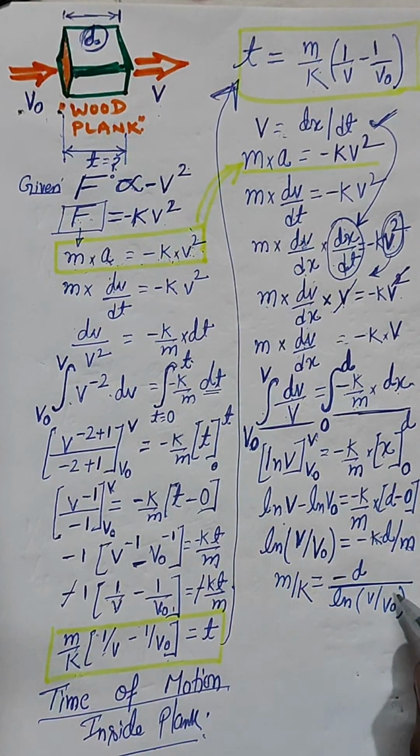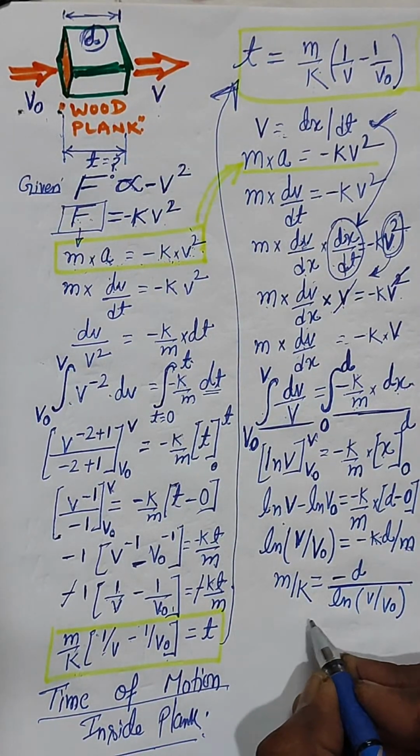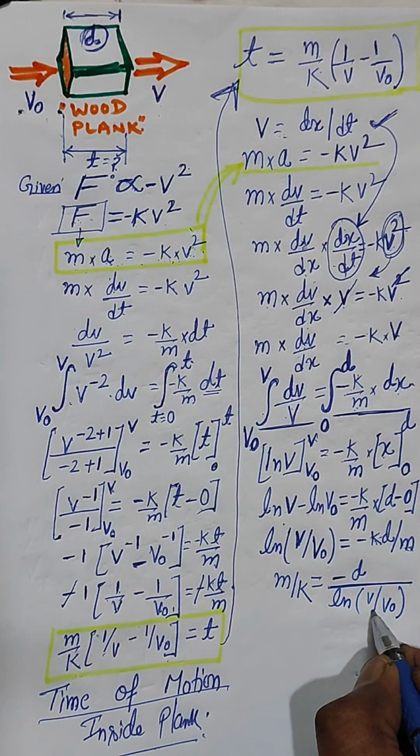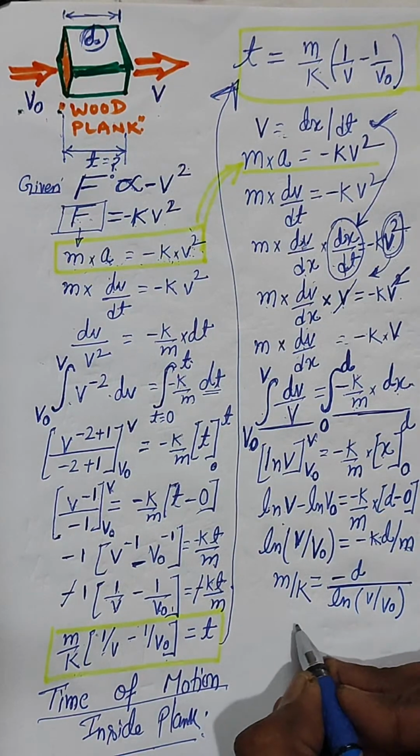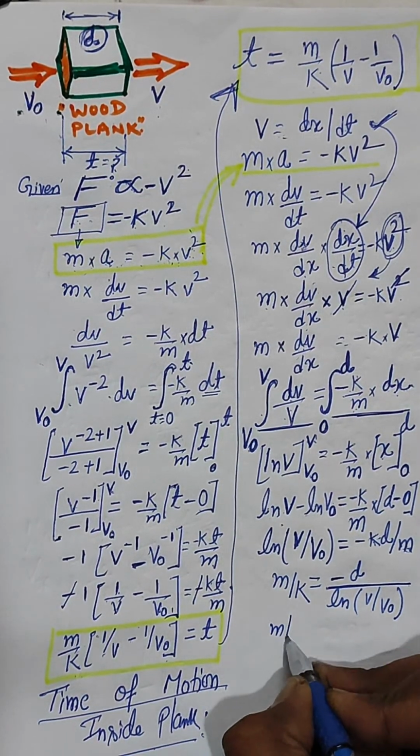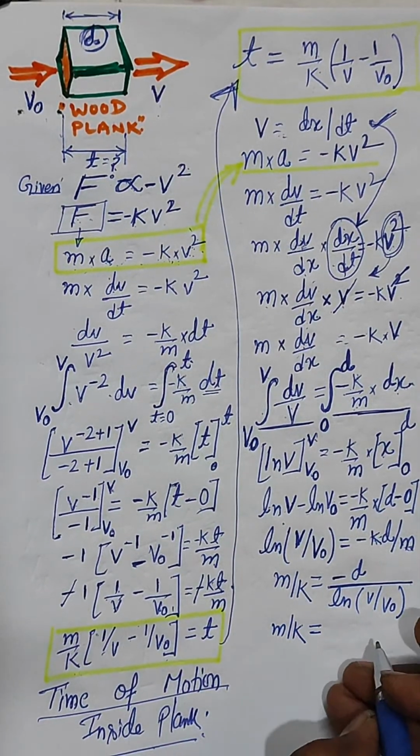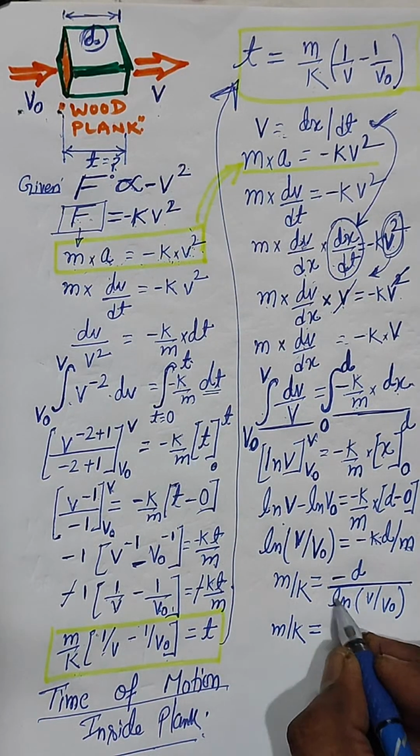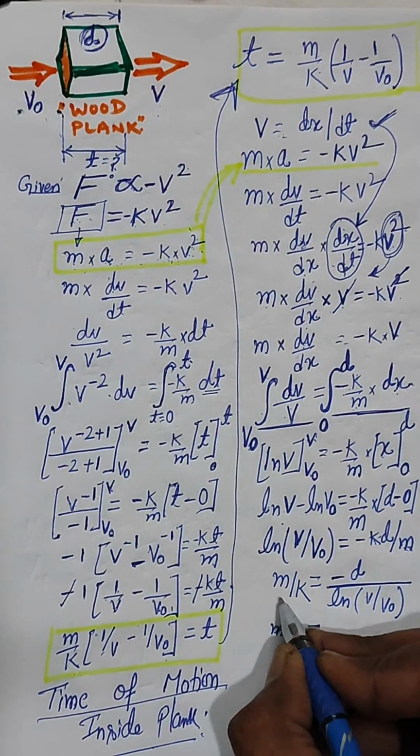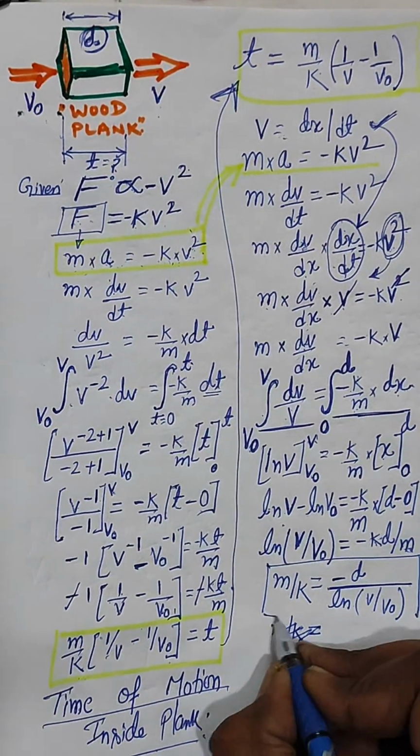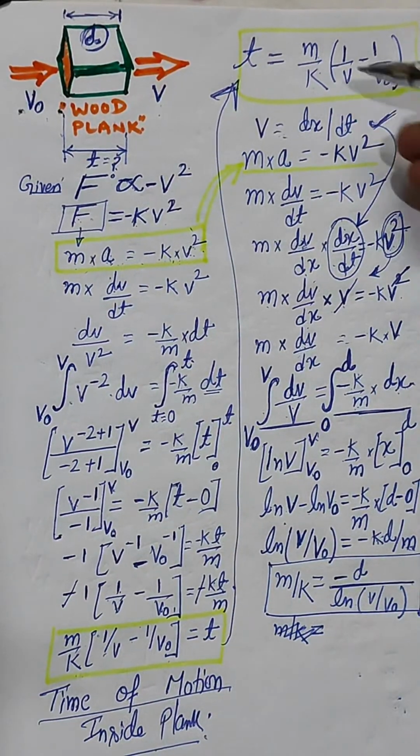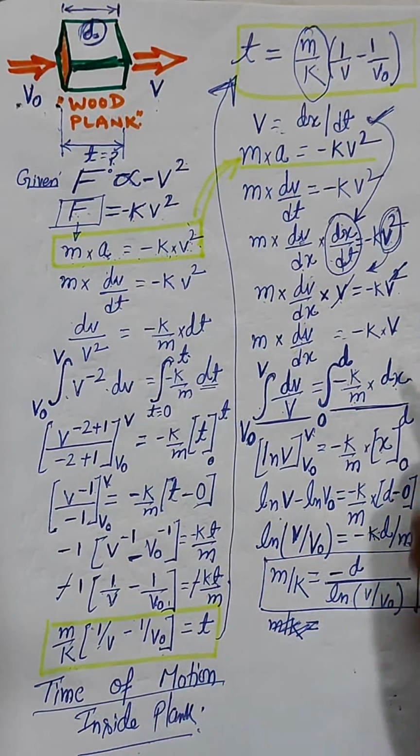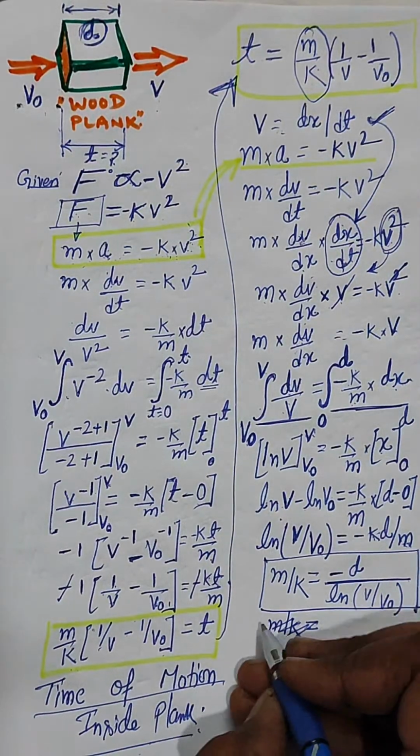Now since the minus sign is there, we can write m by k as equal to minus d divided by ln of v by v0, right? The minus sign is there, so no need to change it, just put it as it is, and put the value of m by k from here into the time. So here we have t equal to m by k into 1 by v minus 1 by v0. So the time will be